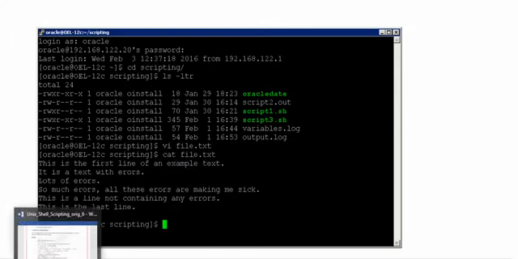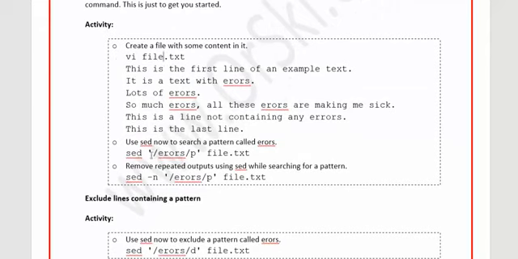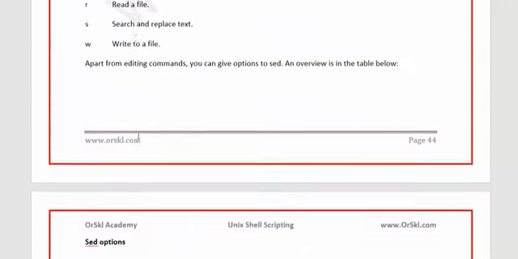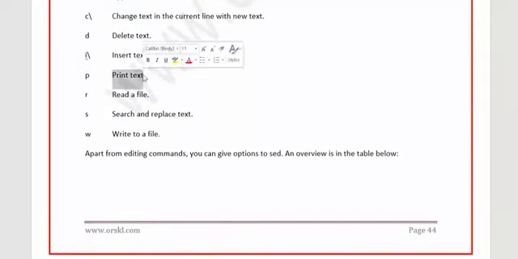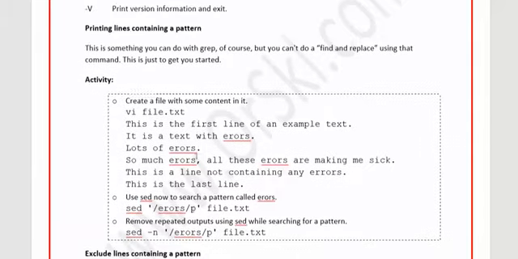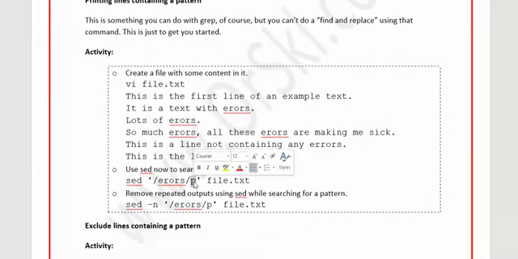And now let us come back. So for example, let us use sed simply to search a pattern. What is p here? As I said above, p is the command to print the text. That means after it searches for something, I'm asking it to print it. Print will actually give the output as standard output on your screen itself. Let me explain the syntax of it. When you say sed /, you are asking it to search for something, and then p, you are asking it to print it on the screen.